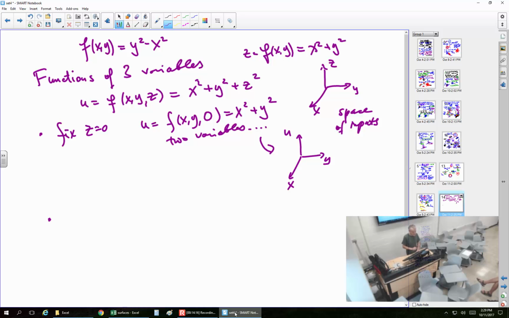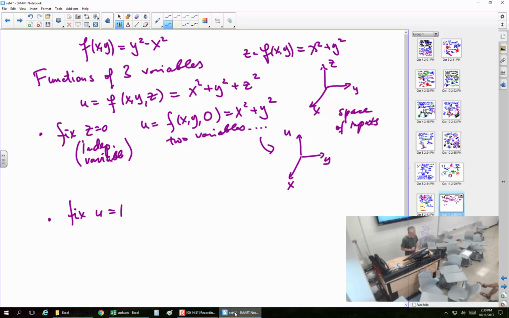I would rather go in the opposite direction from what we did most recently, and that is fixing not an independent variable as we just did. So this is an independent variable. There are three of them, and any one of them can be fixed. But let's fix the dependent variable. There's only one of them, and it's the most problematic one, because it lies outside of our three-dimensional space. So instead, fix u